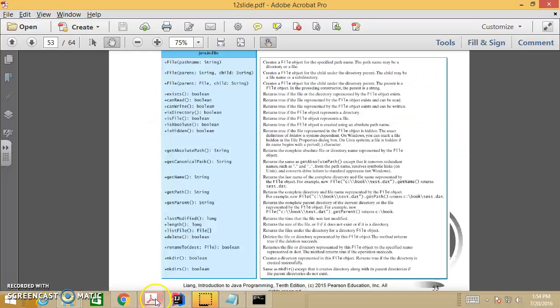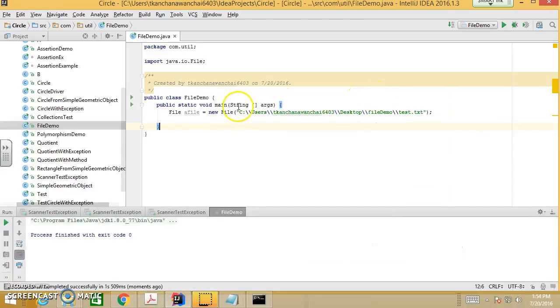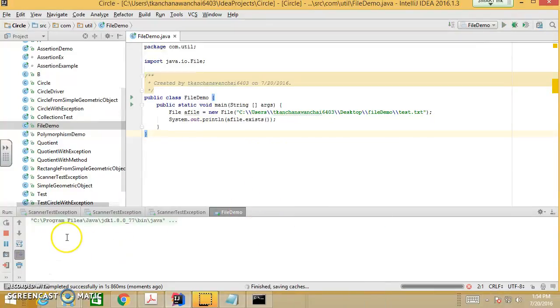So there's a method that we can use to check if the test.txt exists, which returns true if it exists. So we're going to put that method here. file.exists, and run it. It should return false because